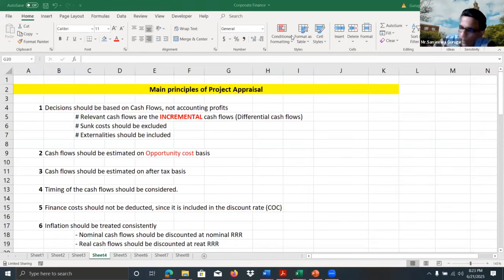Nominal GDP means the value of the production at current prices, current year production at current prices. But real means what? Constant prices. Because if inflation is not adjusted, we do the estimate assuming the price level remains constant. Constant prices means real.